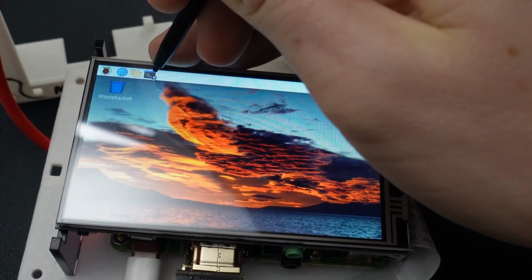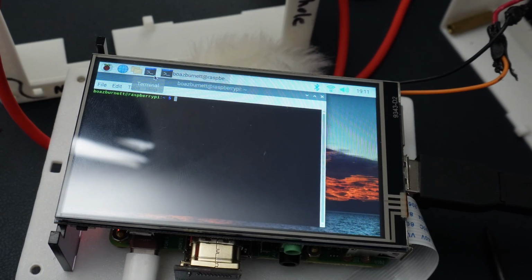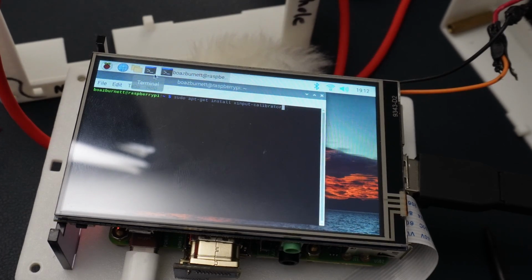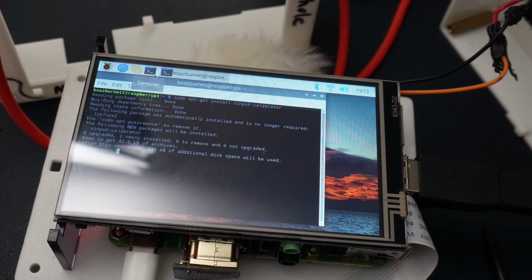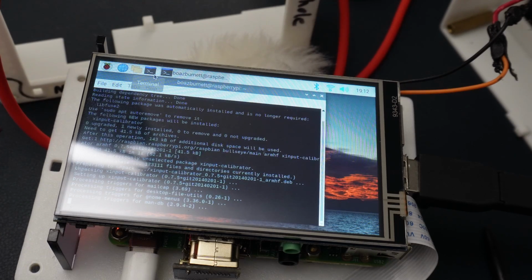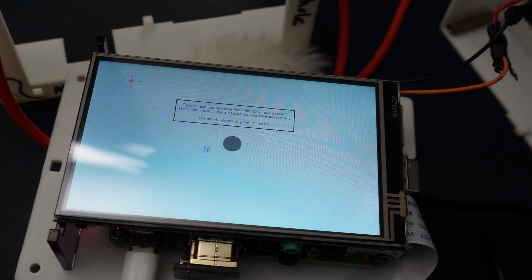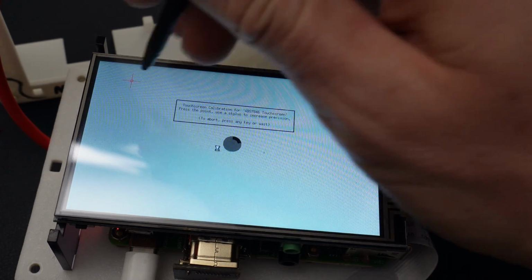But in case you do need to calibrate it more, you can go into here, and then all you're going to do is type in sudo apt-get install xinput-calibrator. That's going to ask you, actually it's not going to ask you anything. Once that's run, you now have an option inside of this menu up here, underneath preferences, to change your calibration settings. So you can push calibrate, and then if you just use the stylus, clicking these little dots,